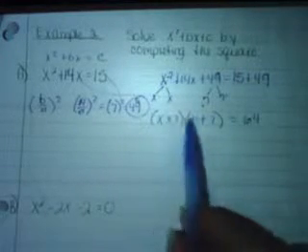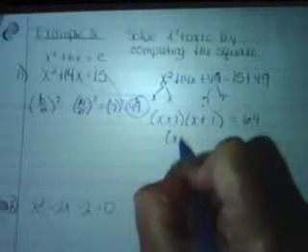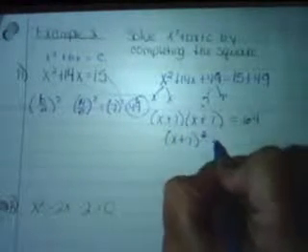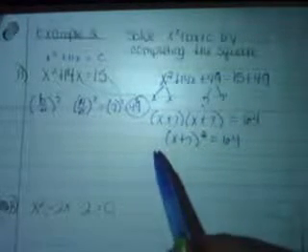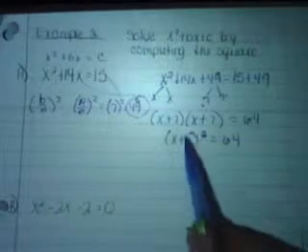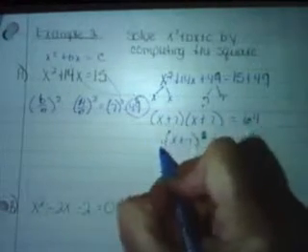Okay, do I have to write this x plus 7 twice? No, I could say it's the same thing as x plus 7 squared equals 64. Now we're at step 5, where you take the square root of each side. We're taking the square root because I want to get rid of the squared. So if I square root each side,